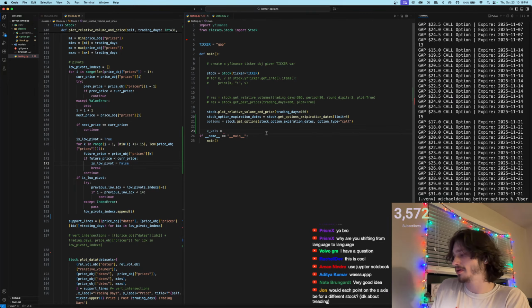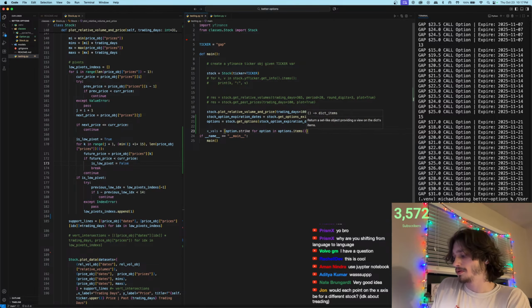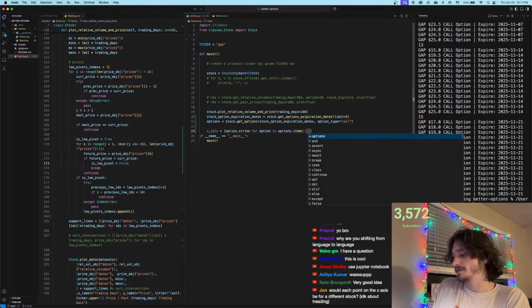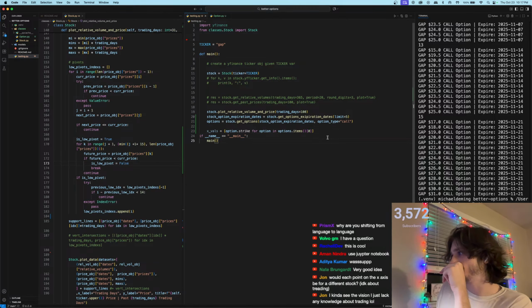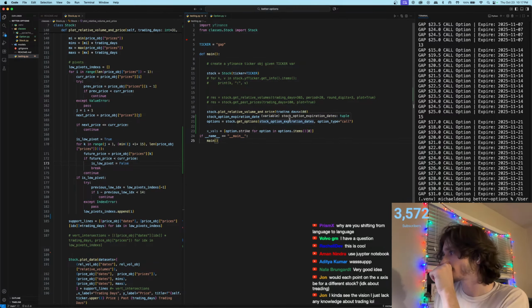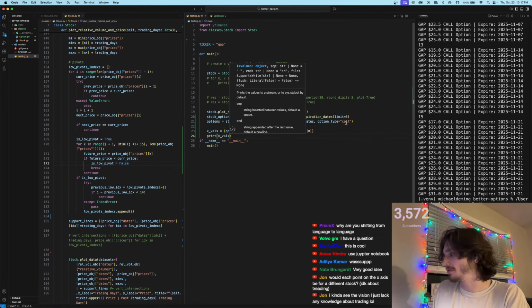So we have to say option.strike for option in options.items, slice index of 0. So if I print x vals here,